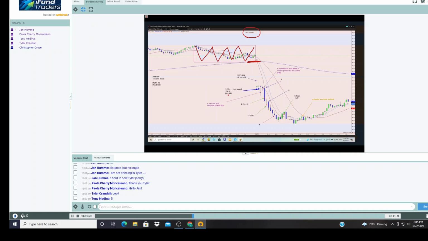He says he identified a bottoming tail bar. I think, Andrew, what you mean is you identified a topping tail bar, right? Because this tail here, I hope you're talking about this bar here. And if so, then that has the tail on the top. Okay. All right. Position double minus.